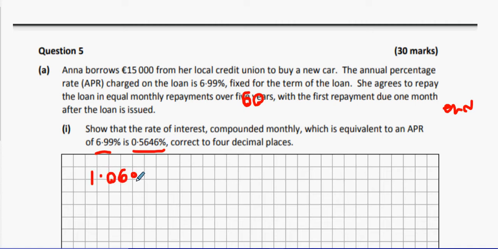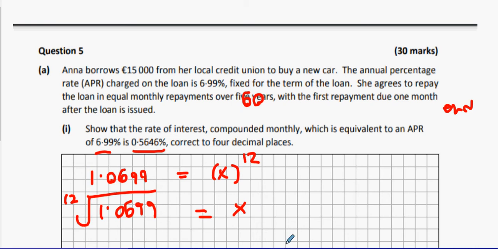1.0699 is how you increase the value of something by 6.99%, and that will equal, for argument's sake, a number to the power of 12, or 1 plus the monthly interest to the power of 12. Is that okay? I'll just call 1 plus r my x value, x to the power 12. Now to get x on its own, I'm going to 12 root this. 12 root 1.0699, and when I 12 root that,